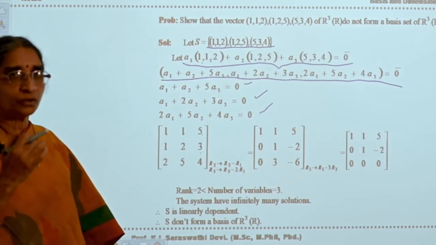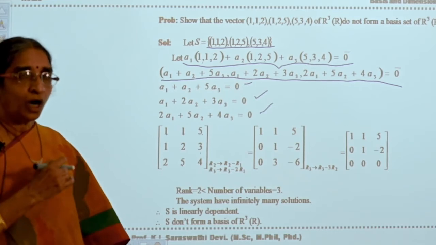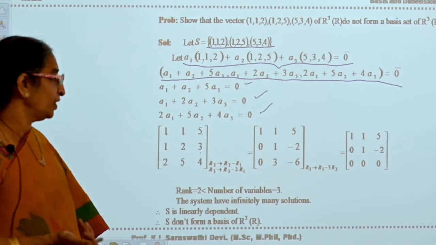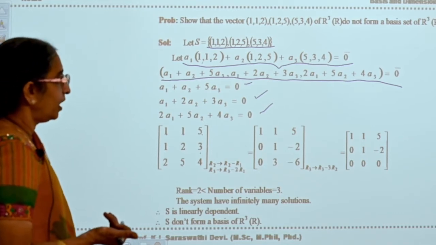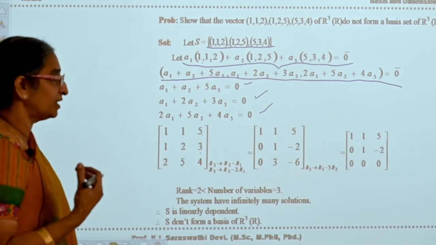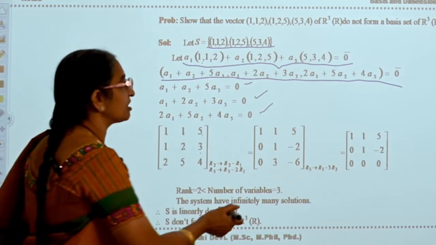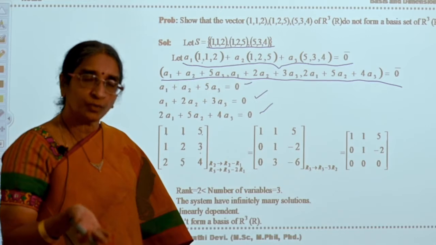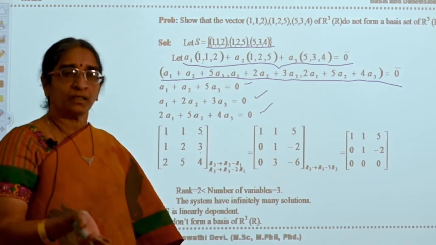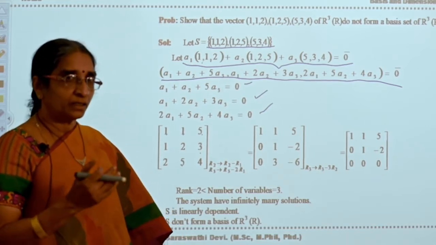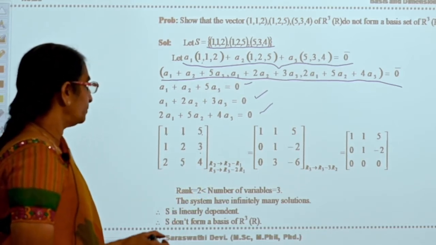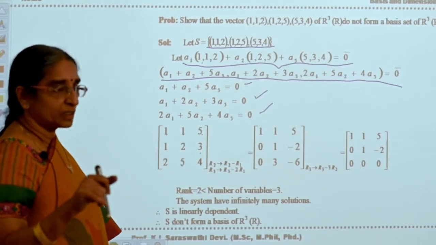Echelon form, you know, in matrix theory, you know how to convert it into echelon form. Echelon form is nothing but, in one way, you are making the number of elements into 0. This is said to be echelon form. The row which is having the maximum number of elements should be at the bottom of the matrix, and the ones with fewer will be above that, like that. Now you will see clearly in matrix theory.